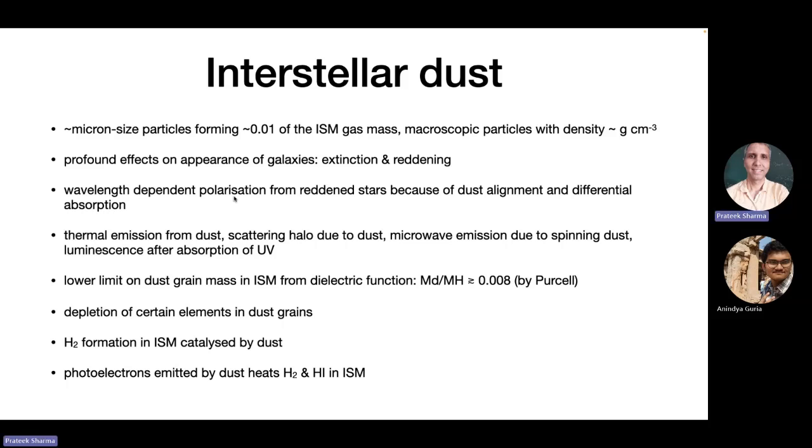ellipsoids, and if they are aligned, say due to a magnetic field. Dust grains can also be charged, right? Because they're exposed to all this plasma, they can get charged, so they can have magnetic moments and get aligned with magnetic fields in the interstellar medium. If the dust grains are globally aligned, and you have a background source of light like a star, the dust can preferentially absorb one of the polarizations of light, because absorption differs in one direction compared to the other. So it can produce a few percent polarization of stellar light.